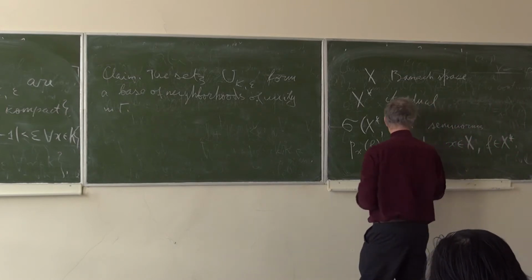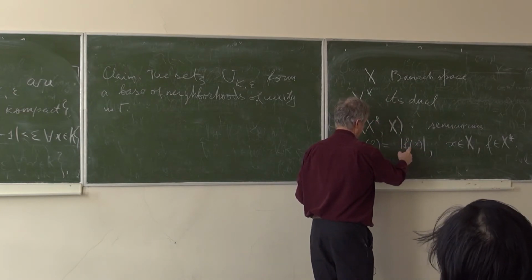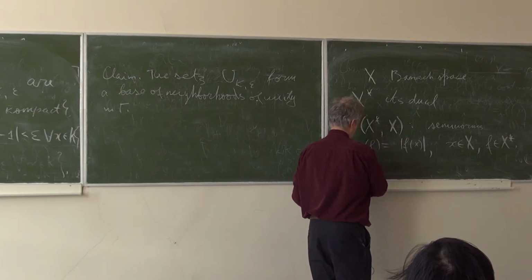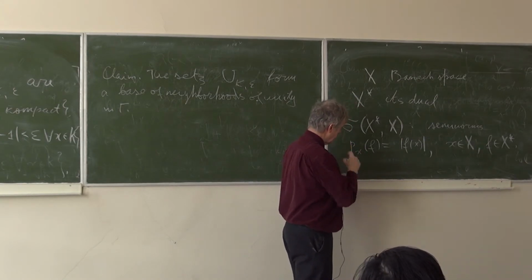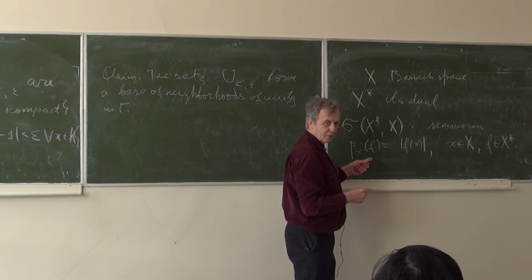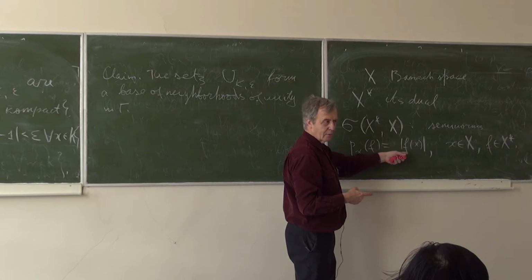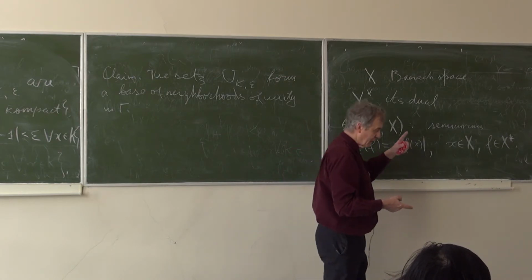so these are seminorms on X star. These are functions on elements of X star, and each such function is determined by some point of X. This is what is called a determining set of seminorms. This means that, in fact, we use more seminorms to define neighborhoods. We use some maximal finite collections of such seminorms. But in any case,